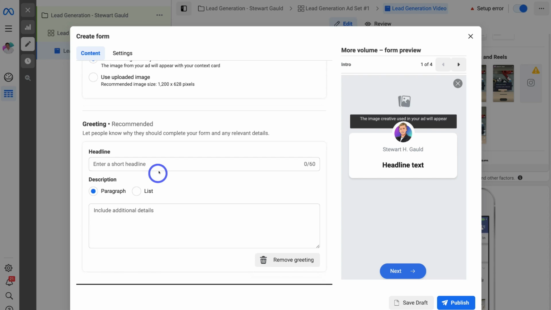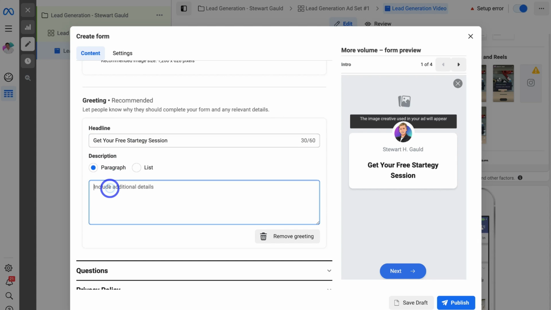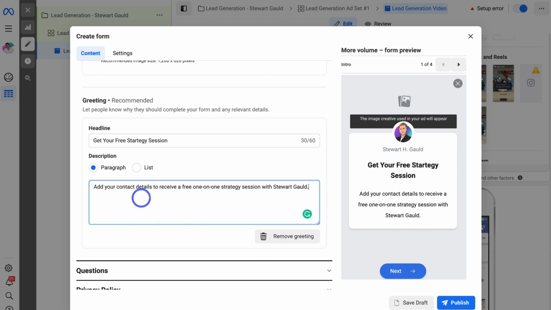Now if we navigate down further, we have Greeting. I'm going to add Get Your Free Strategy Session, and then come down and add a description. And I'm happy with that. Add your contact details to receive a free one-on-one strategy session with Stewart Gauld. So what you want to do is add the details about what you're offering and keep it short, sharp, and